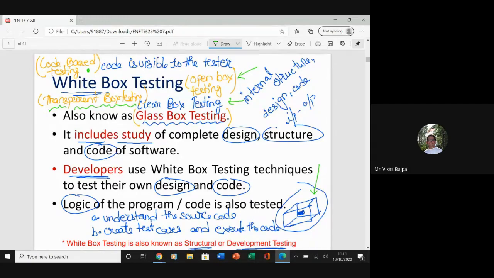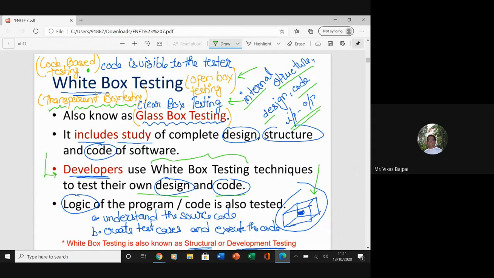So for the first time now we are going into the internals, the structures, the design, or the code of the system. We'll talk about input and output as well. In black box testing also we deal with the kind of input and output we are receiving. And in this, we take the help of developers as well. They go ahead with white box testing in order to test their own design and code.